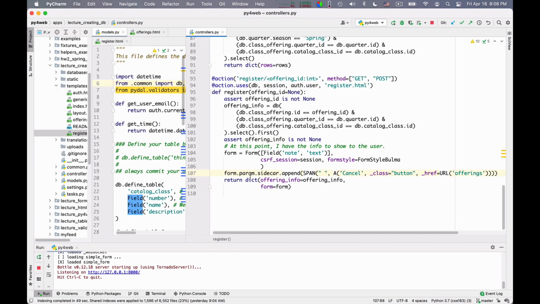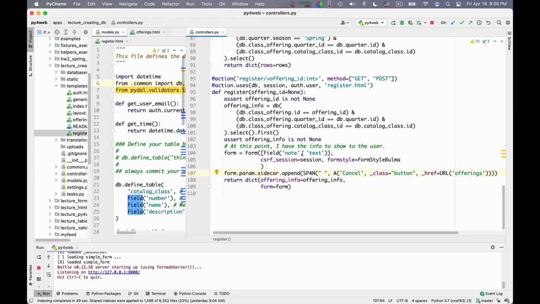So the first fix to add the cancel button is obtained via this line. I say form.param.sidecar.append, and then you can append anything you want to the end of the form. And so I am appending here a span consisting of a space and then of a link labeled cancel that is of class button, so it will be rendered like a button, and it will go back to URL offerings.